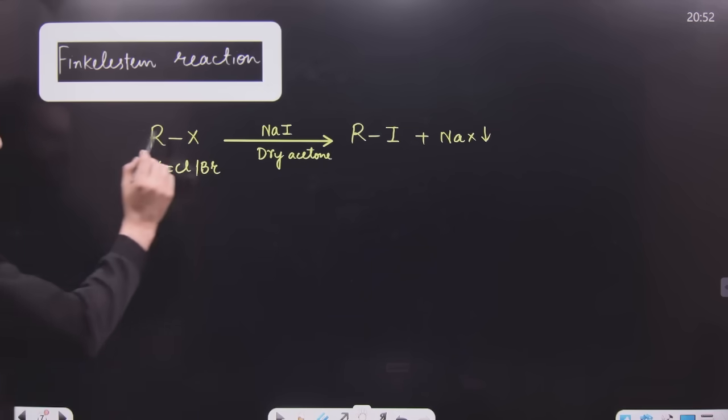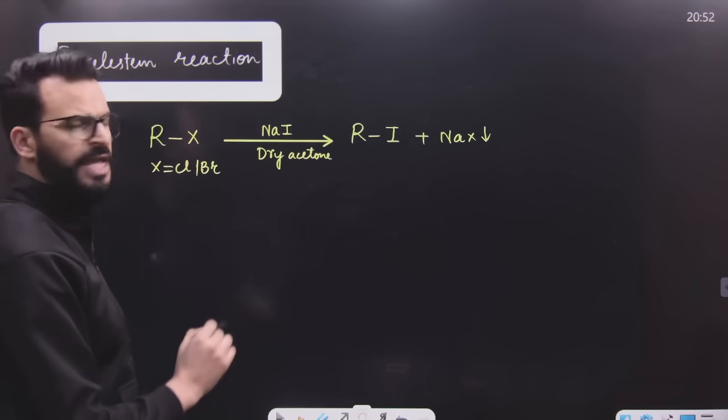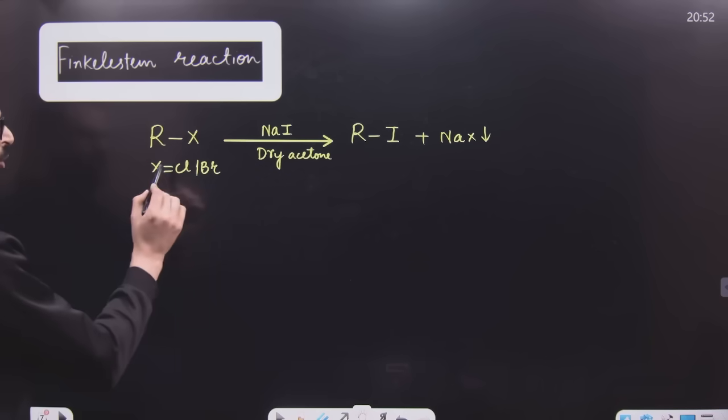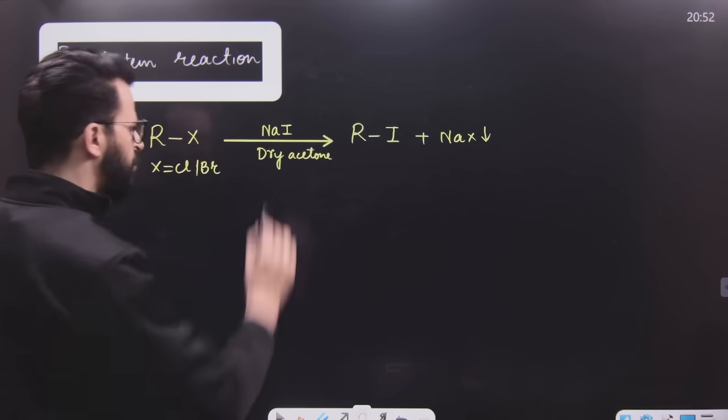After that, whenever alkyl chloride or alkyl bromide is treated with sodium iodide in presence of dry acetone, it results in the formation of alkyl iodide. Here, this chlorine or bromine is replaced by iodine, so this is simply halogen exchange reaction, and this reaction is